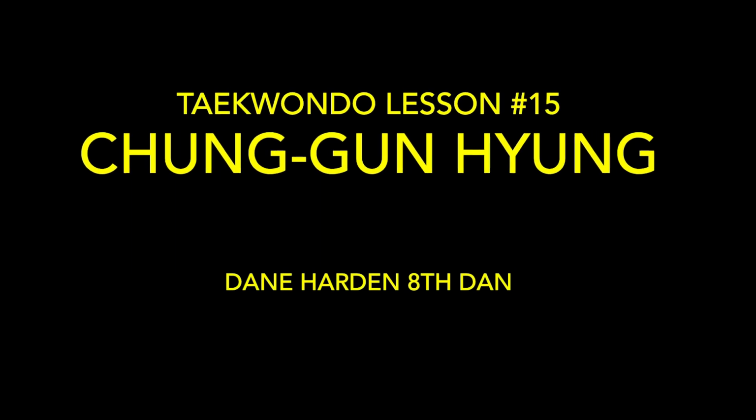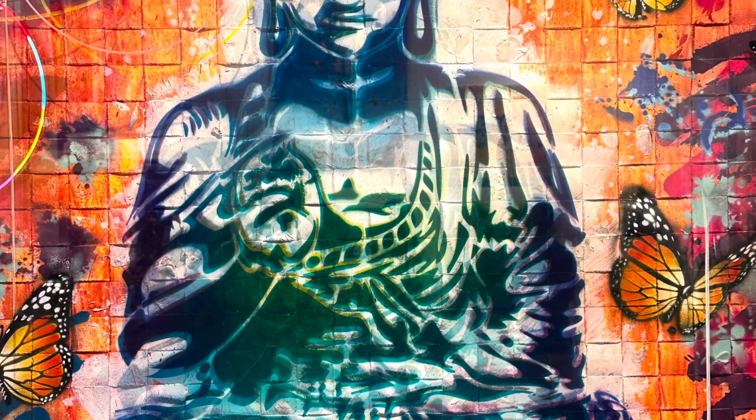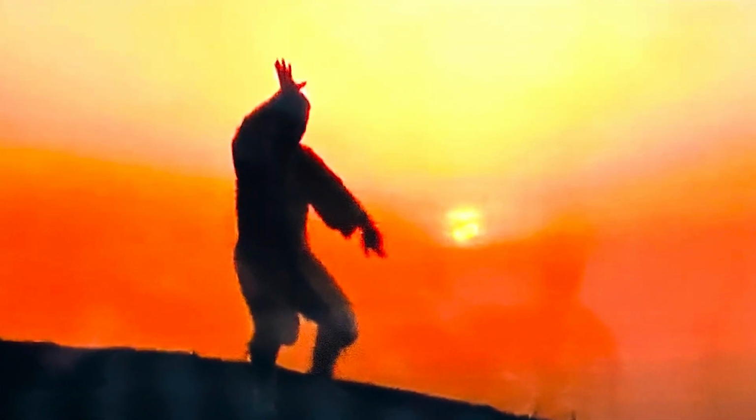Welcome back to Taekwondo, lesson number 15 on Chung Gun Hyung. Chung Gun Hyung is the pattern that is typically taught at around the 4th Gyop level or Blue Belt level